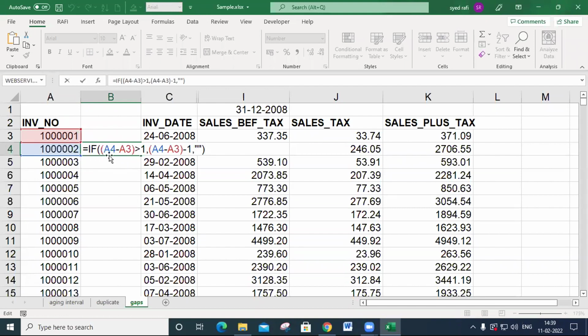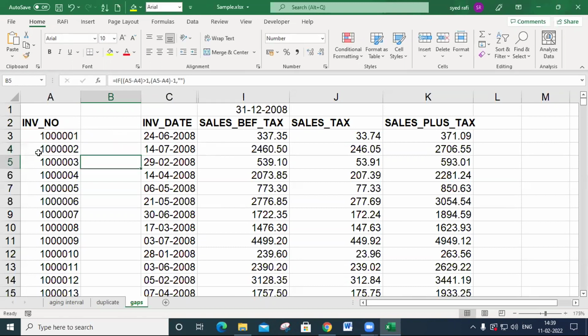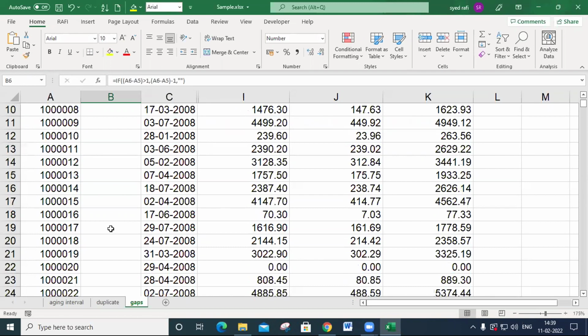So how do we calculate the gaps? Simply we write equal to IF. I subtract this value from this one. If the difference is greater than 1, there are some gaps, and I enter how many invoices are missing. If there is no problem, it will be displayed as empty, empty, empty, empty like this.